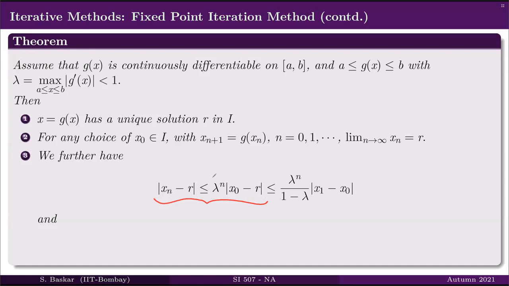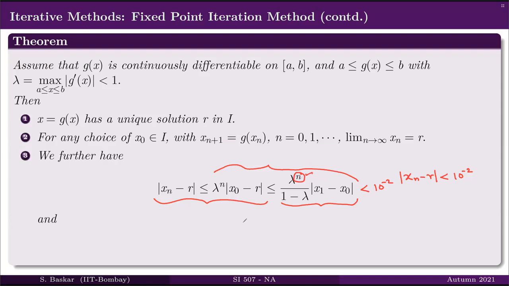In fact, this can further be written like this, and this can now be used to find n in order to have some tolerance. Say, for instance, if you ask me how many iterations I should perform in order to have the error less than, say, 10 to the power of minus 2, then what you do is you impose this condition less than 10 to the power of minus 2 and take logarithm on both sides,